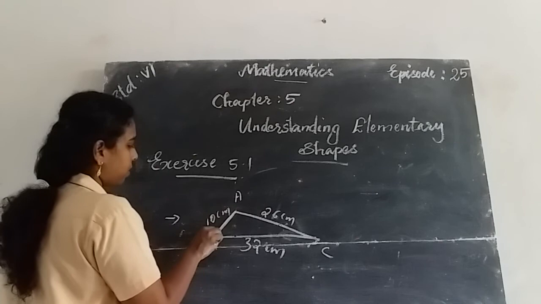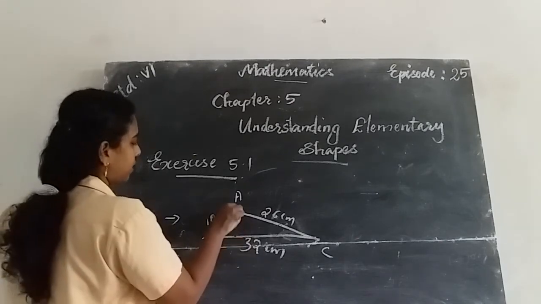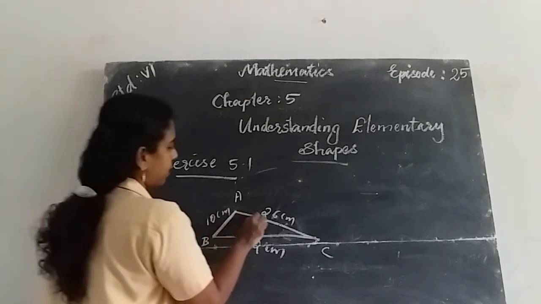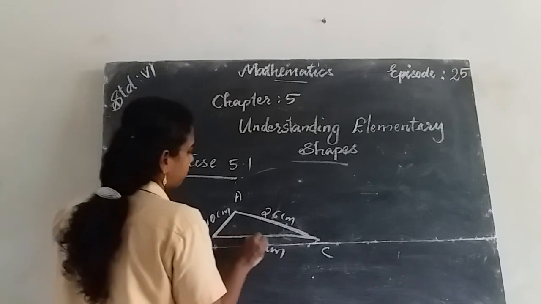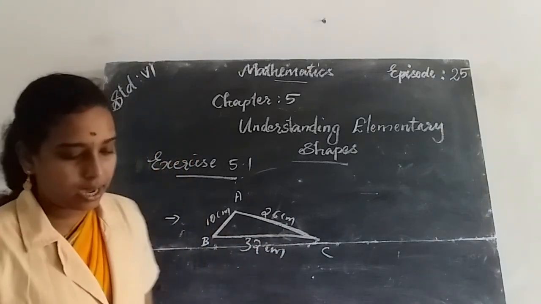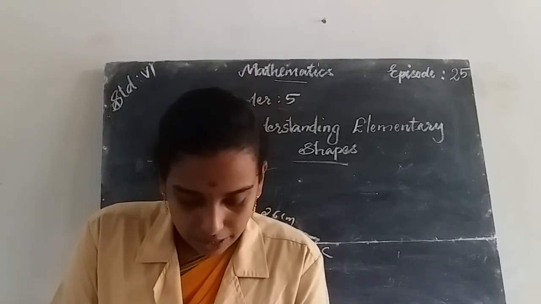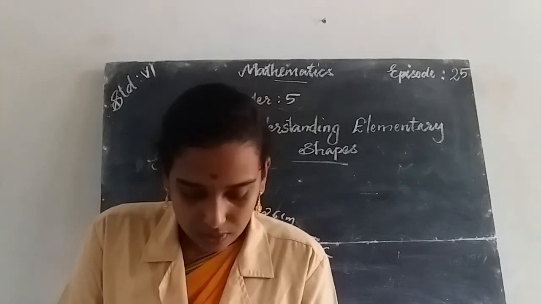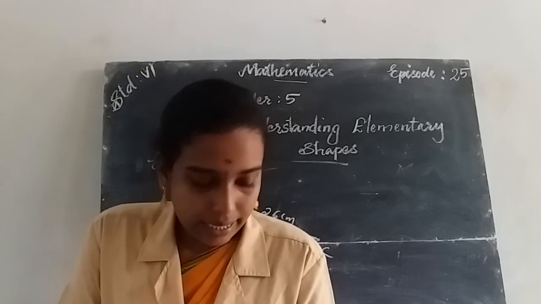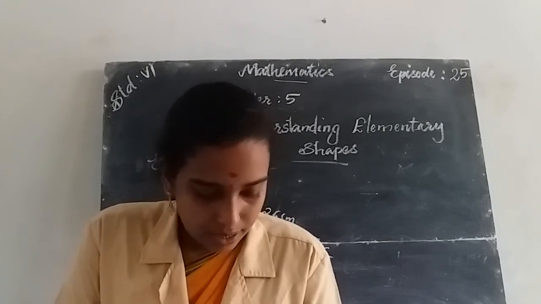Okay, so by using your ruler you find the length of this side and also find the length of this side and find the length of the third side of the triangles. And check in each case if the sum of the lengths of any 2 sides is always greater than the third side. Okay, so here